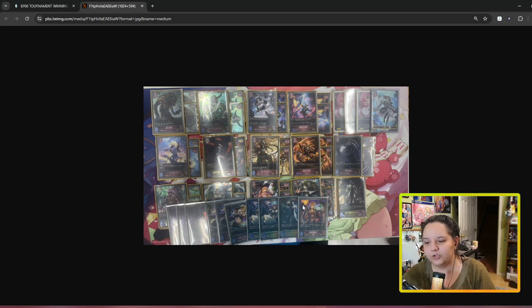You can also run Katha and Jerry in here. I think Jerry should be 3 of in this deck. Jerry goes so hard in this deck. This deck's extremely fast. I think it's on par as fast as Fairy, but I think Fairy just has better tools. I will say you can sometimes close out on turn 4 with this deck, especially if you're